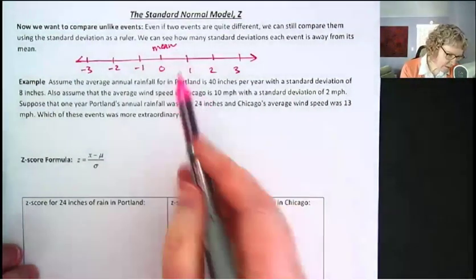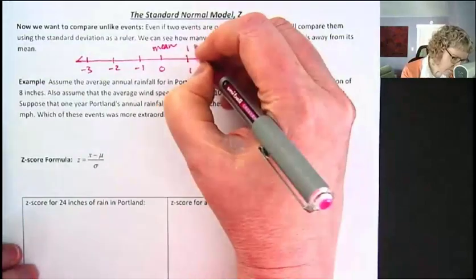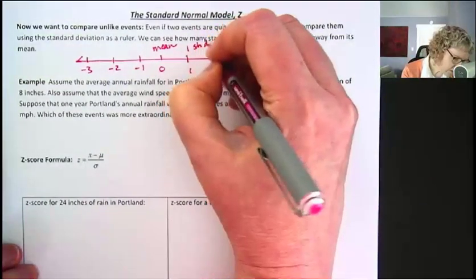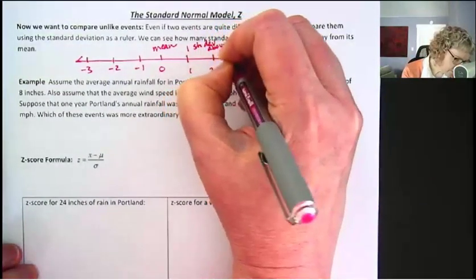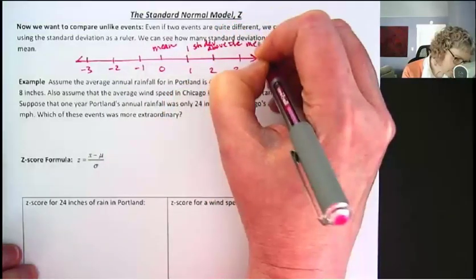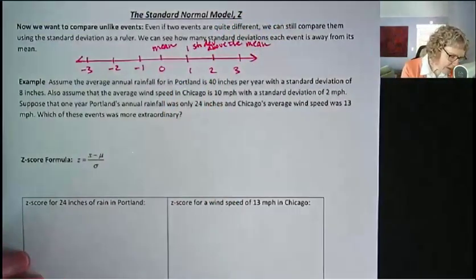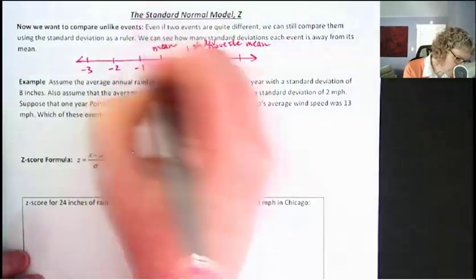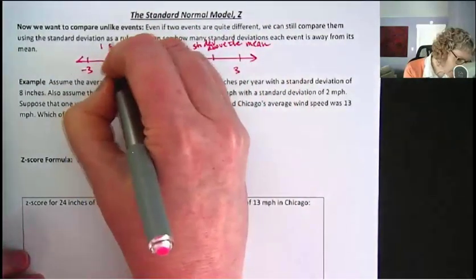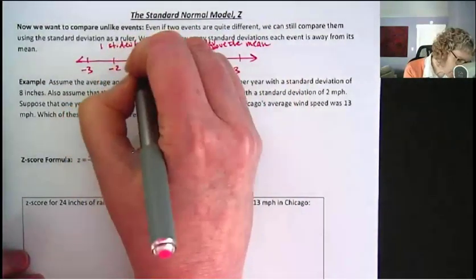So this 1 is like 1 standard deviation above the mean. I'm abbreviating here because there's not a lot of space. And -1 is 1 standard deviation below